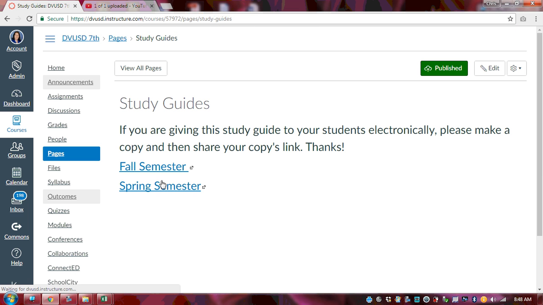This team also made study guides for you for your students. Now, if you're going to share these electronically with your student, please make sure that you make a copy of this Google Doc, save it in your drive, and then share your copy of it. Please do not share this direct link with your students, because if they don't log into their district Google account and they ask for permission to get into that particular study guide,